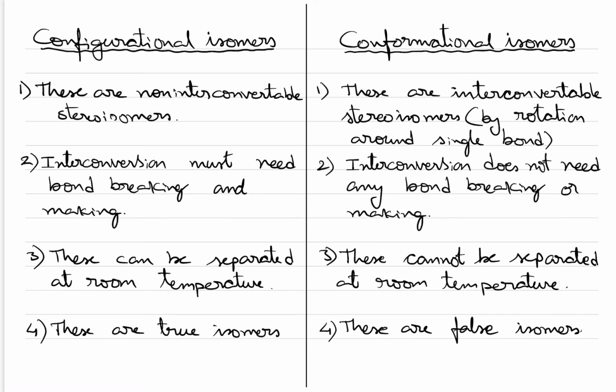You see, when two compounds can individually or independently exist, and have a relation between them, that is similarity in their molecular formula or general formula, then only can they be related as true isomers. If they cannot exist individually, or they easily convert one into another, then a specific, clear identity is not there. Then they are not called isomers. They are actually false isomers. That's it.